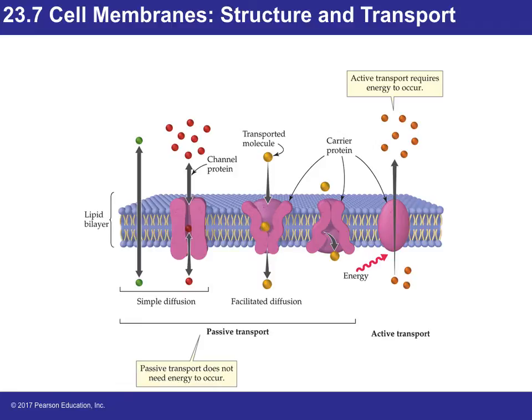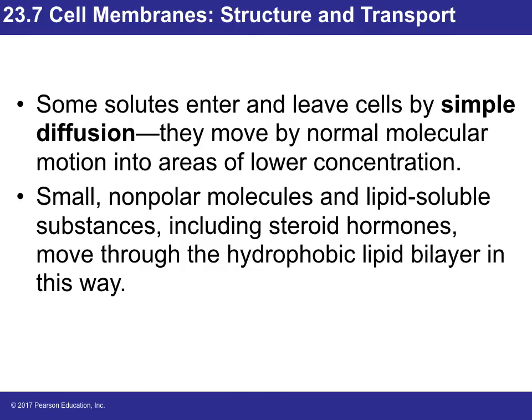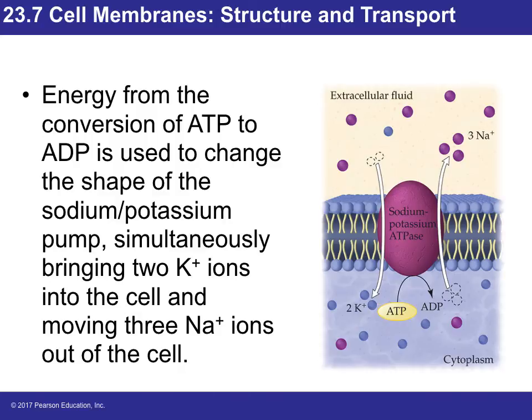But I can reverse that on the condition I have energy to make that go the other way around. So that energy comes from the conversion of the ATP, adenosine triphosphate, into ADP, and that's going to change the shape of, for example, the sodium-potassium pump. Very, very important for nerve cells and to keep that what we call the